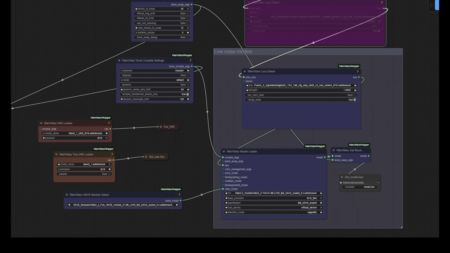All I know is that the E5M2 scaled versions, and you need the scaled versions, by the way, are really for us 30XX card guys. So if you are on something lower, you may have problems, I don't know, but clues are here for you to find the right balance. I'll run it later and show you the memory it uses on my rig as a guideline. Let's get on and look at the rest of this workflow.